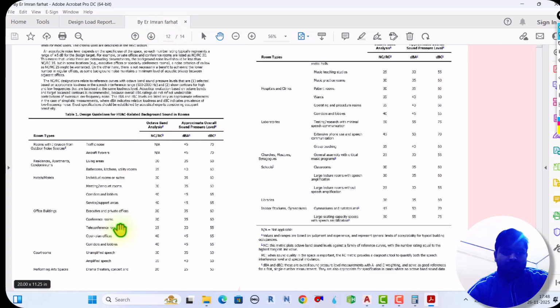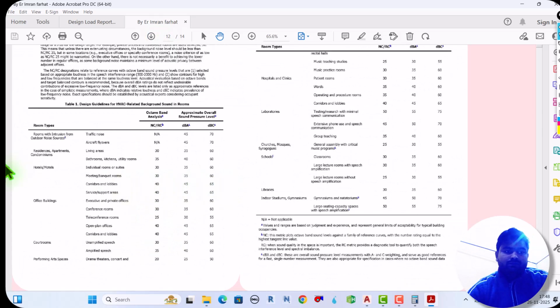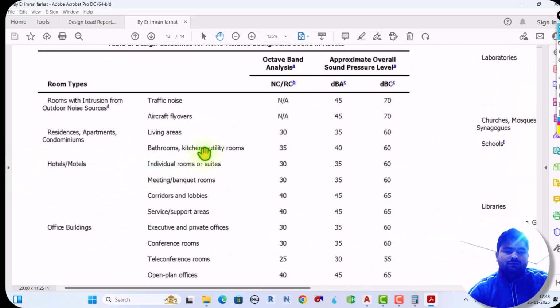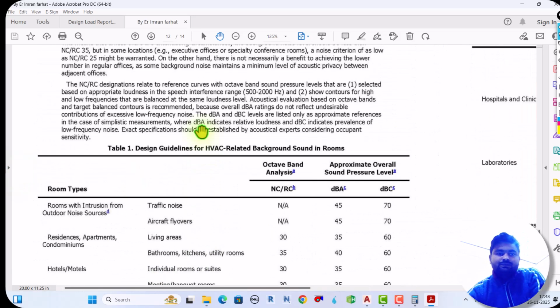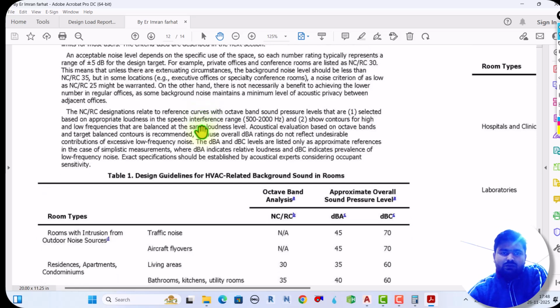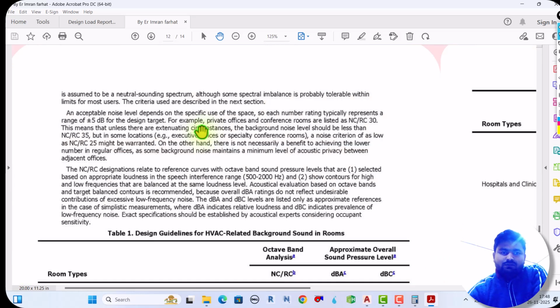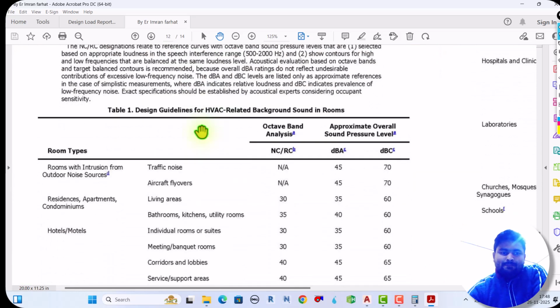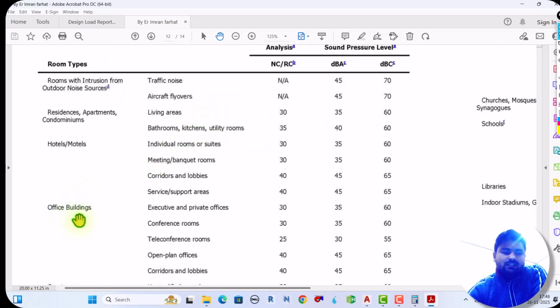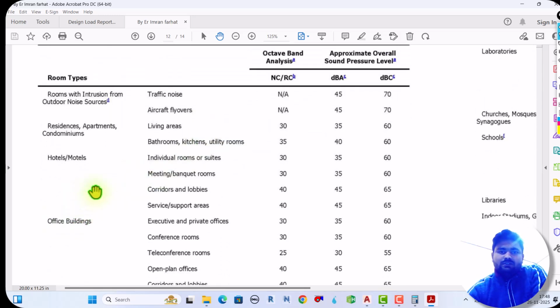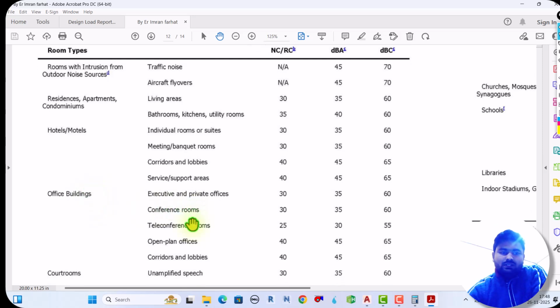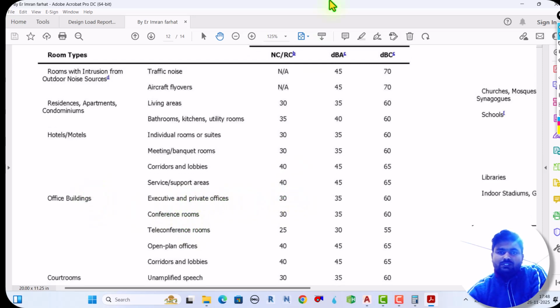So see, this is the ASHRAE handbook, chapter 48. See, for noise criteria for office buildings, like a private office, the noise criteria is, here we can see,